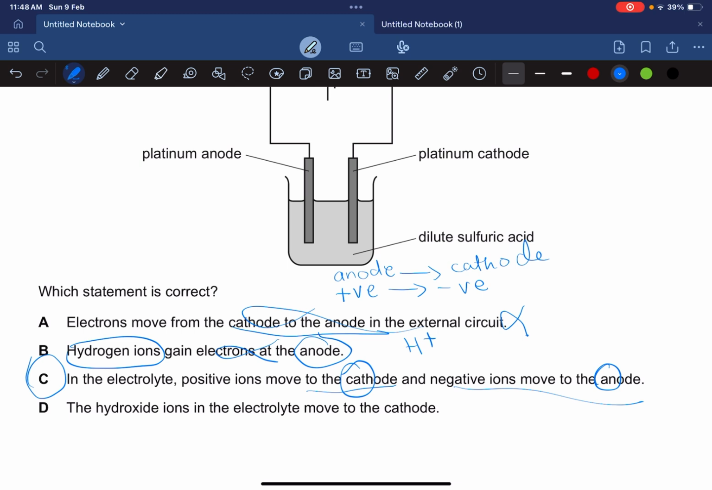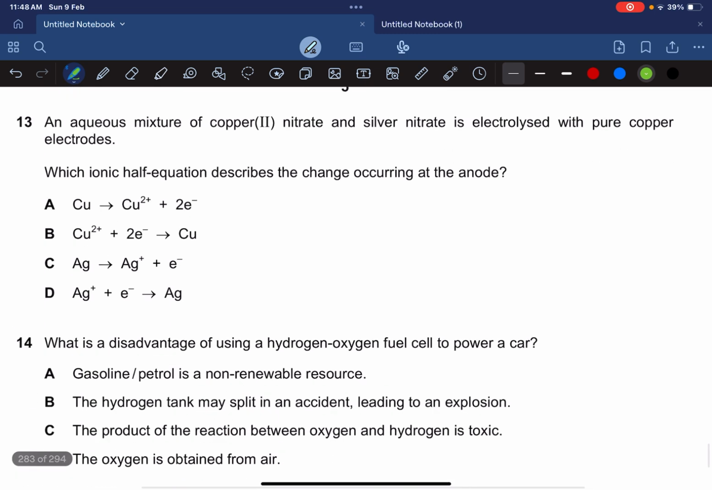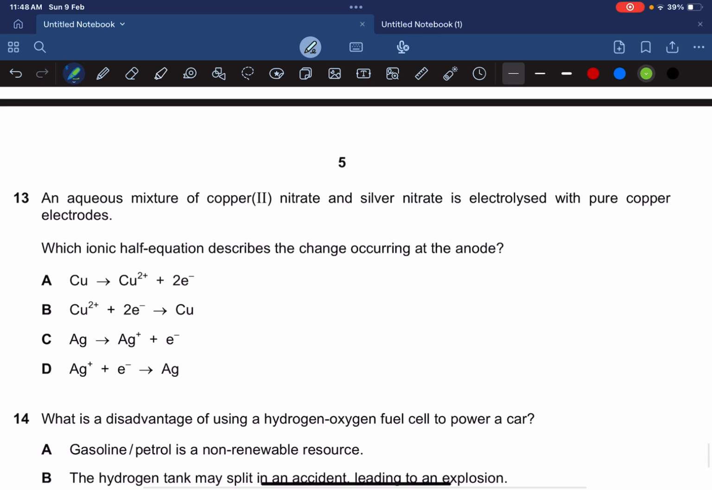Really? OH negative ions, they are negative ions, so they're going to move towards the anode, not the cathode. So that's incorrect. Let's move on to the next MCQ, which says, in an aqueous mixture of copper 2 nitrate